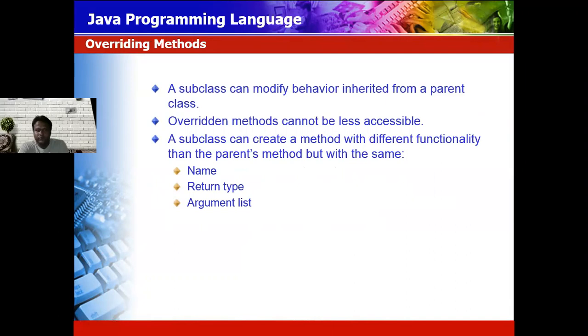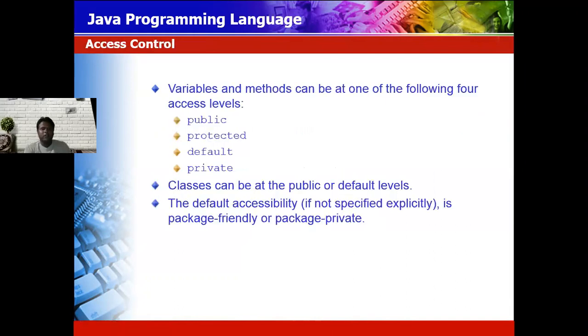Next comes access control. What is access control? Access control defines the accessibility of a member to be used in other classes. Members means the variables and functions that you define inside a class. Then where you have to use that member, you are giving rights for that. That is called access control.